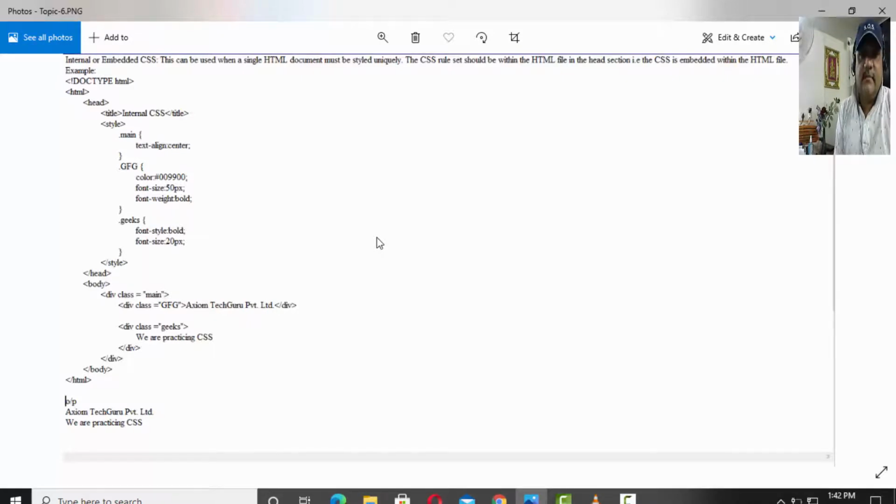That is the selector and its properties, that is one thing. Second, if you want your user defined classes, you can. At the same time, we'll learn about how we can define our IDs also. So hope this concept is clear to you, how to define classes internally